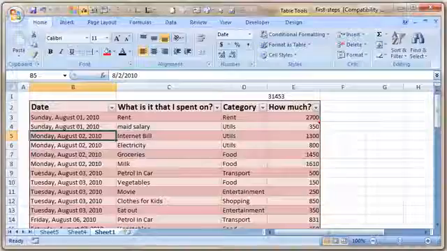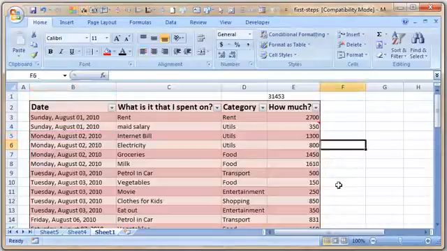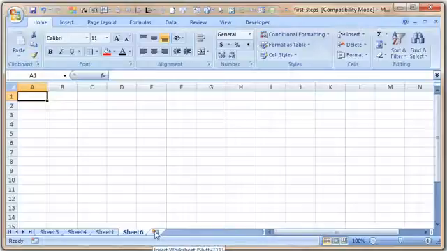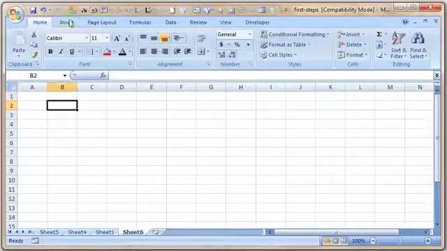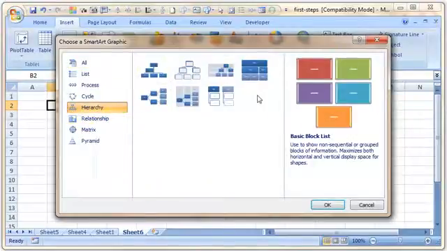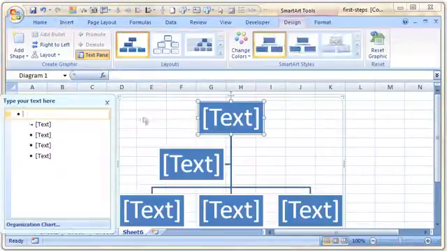Okay, so the third thing that I wanted to tell you is how can you insert an organization chart in Excel. So let us add a new sheet by clicking on this little button. You can also do that with Shift plus F11 key, and then insert SmartArt Hierarchy. So these are various types of organization charts. Let us select something that is fun, this one. So let us show the organization chart of a hypothetical